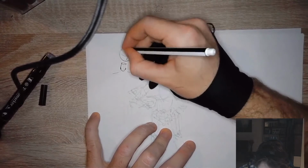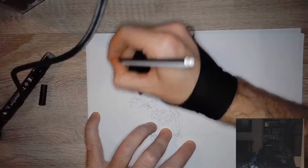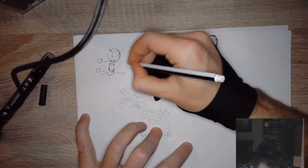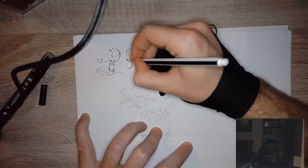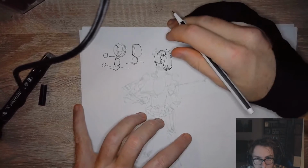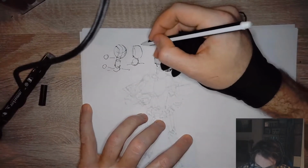You can have the head, which is this thing. You can add one or two joints here, so you could have a rotation there and there. You could have just one ball on which the head rests, and then that is connected to the shoulder. What you can also do is take a look at